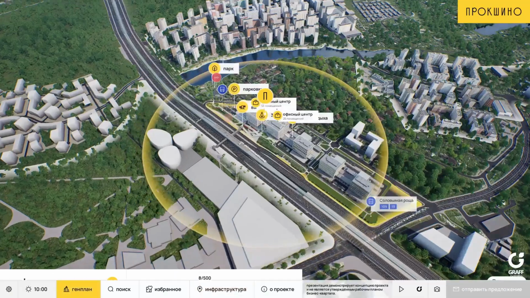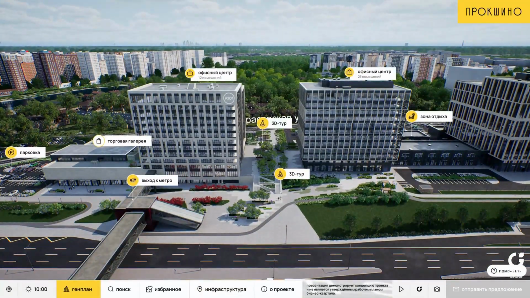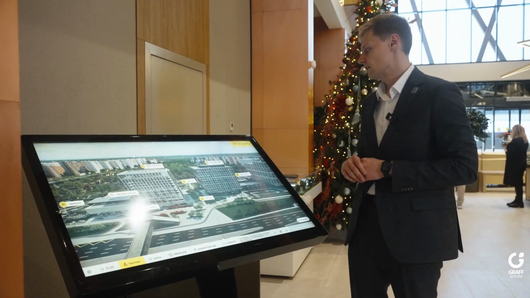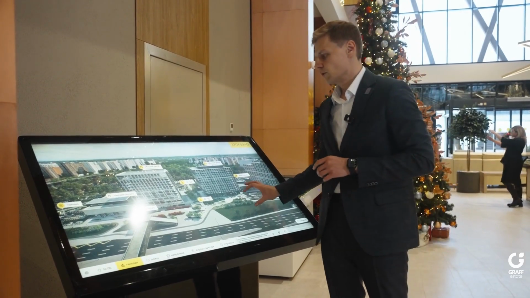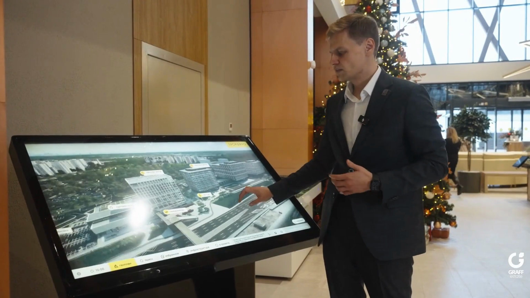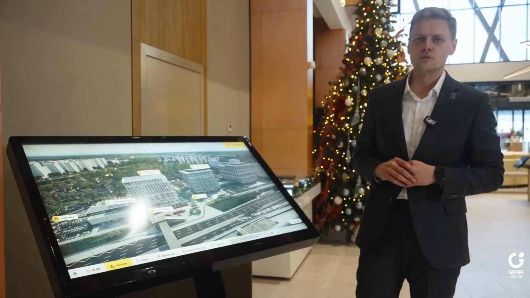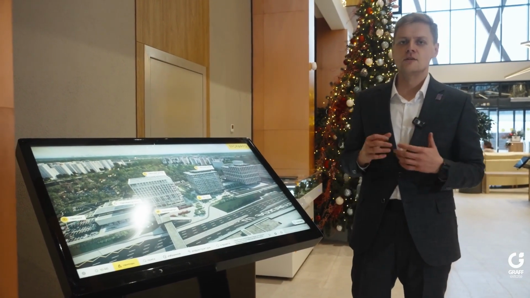Next, we move on to the master plan menu. Here we have the complete layout of the business quarter. We can see that right now we are working with 2 sections. We can see the points that we can look at. And now I will click on one of the points and we will see the third change that we made